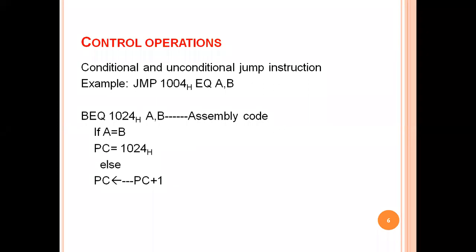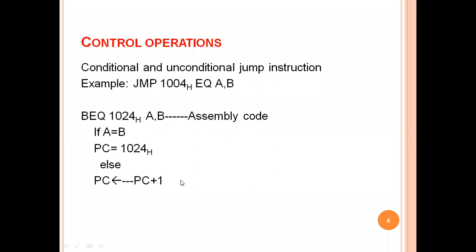Clear? That means if the condition is satisfied, that means it is true. Clear? Here we don't have to write the EQ, because BEQ means the whole branch if A and B are equal. Clear? Otherwise, if it is not equal, that means if this condition is false, the PC will be PC